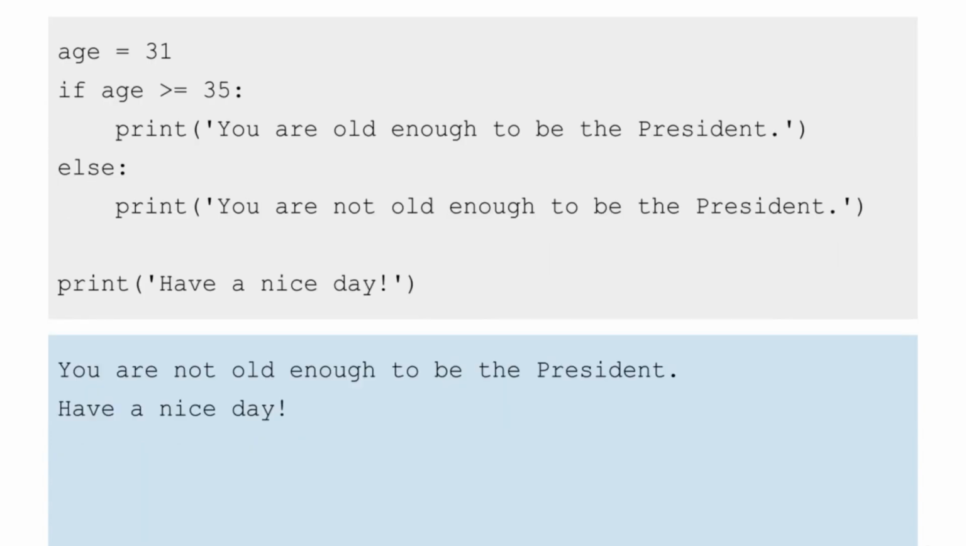The if statement can be paired with else. The code indented under else will execute when the if statement is false. You can think of the if-else statement as meaning: if the statement is true, run the code underneath if, otherwise run the code underneath else. In this example on your screen, since age equals 31 and 31 greater than or equal to 35 is false, the code block under else gets executed. The output is "You are not old enough to be the president," as well as the final line which reads,